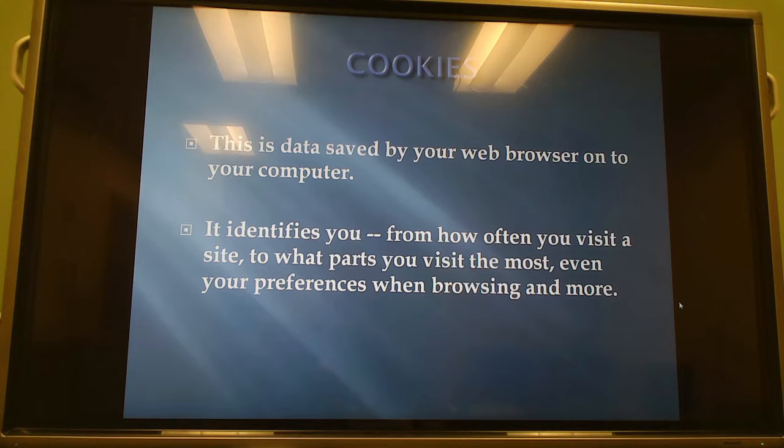Cookies, not the edible kind. This is the data that's saved by your web browser like Google Chrome or Microsoft Edge on your computer. It identifies you from how often you visit a site to what parts you visit the most, even your preferences when browsing and more. That's how a computer knows when you go to a site, it knows already almost what you want because it has cookies. It knows little packets of data that it already identifies with that makes it that much easier to get